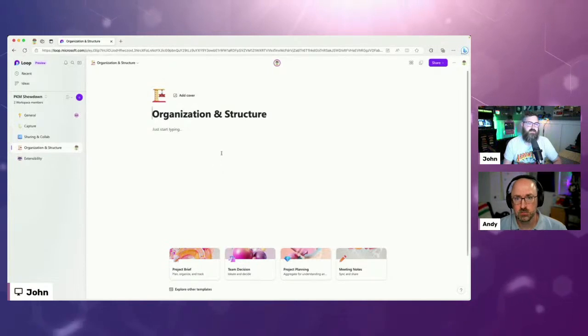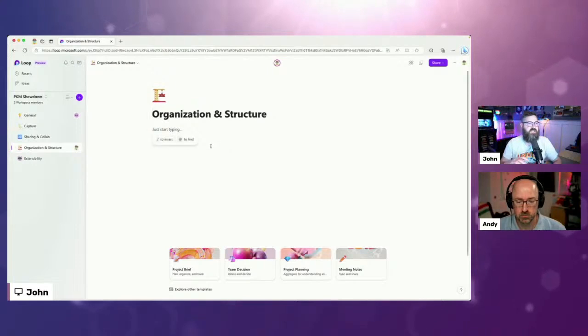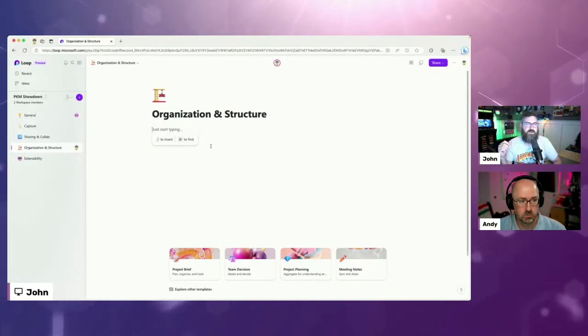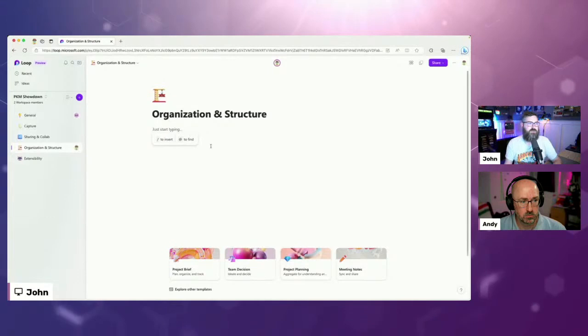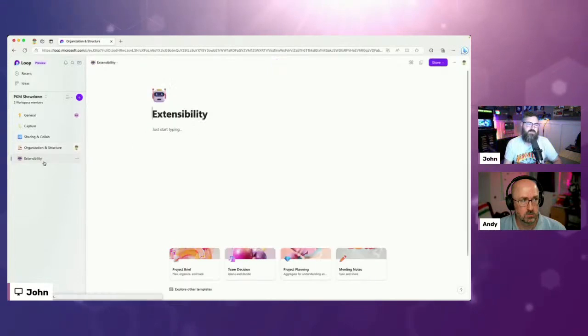How do we organize it in a way that we can get back to things or surface information without having to dig too much for it? There are also some general lines of thought for that. Do we do folder-based structure? Do we do tagging? Do we do a neural network type of structure in a graph? So we'll talk about that.